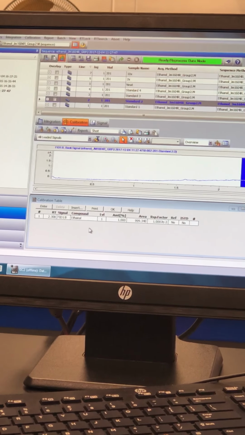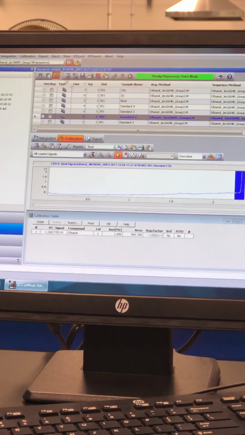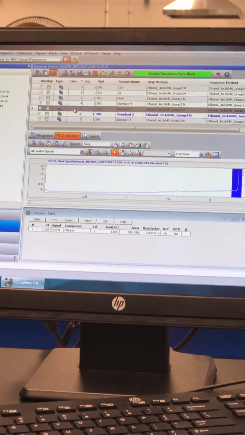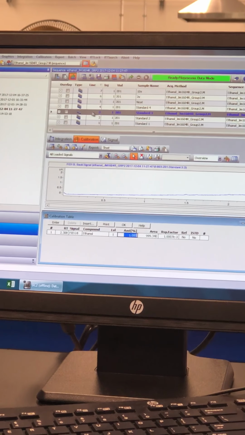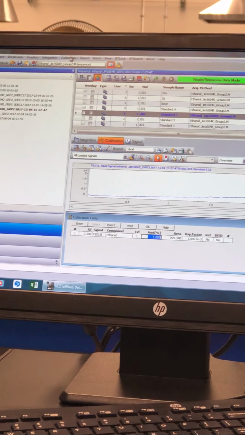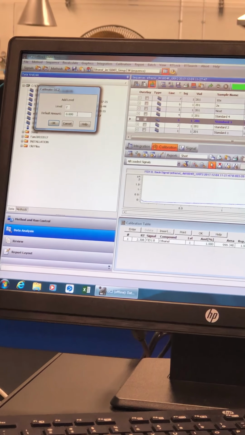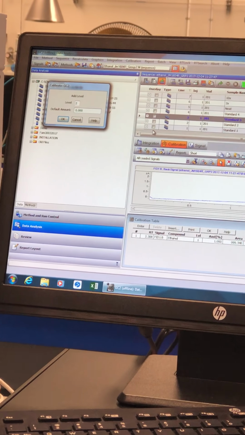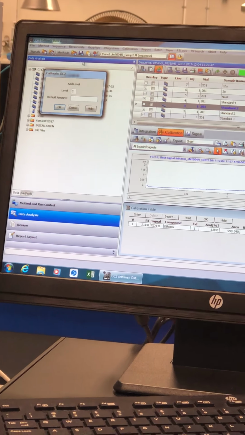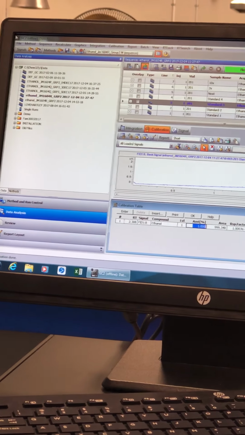Then OK. After you have done that, can you do the same steps for standard 3 and 4? Basically double click on the standard, go to calibration at level, key in the concentration value and click OK. Still level 2? You double clicked 3 already, right? Why level 2? That's not level